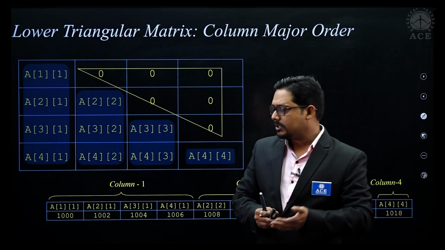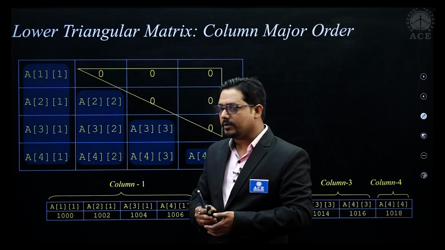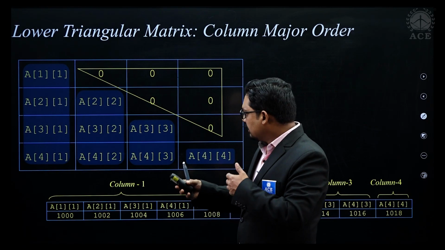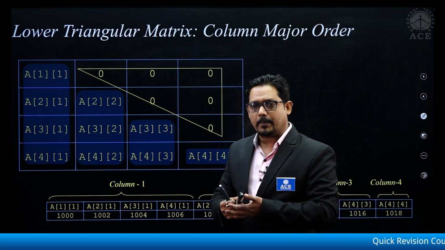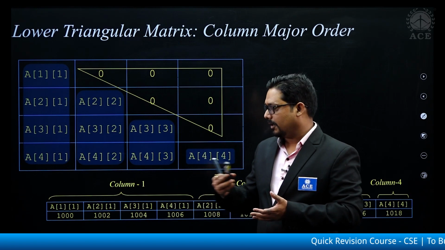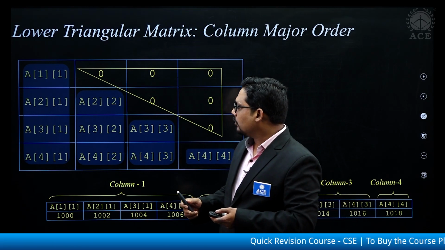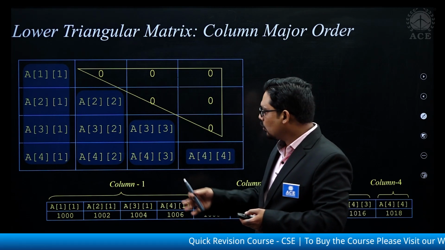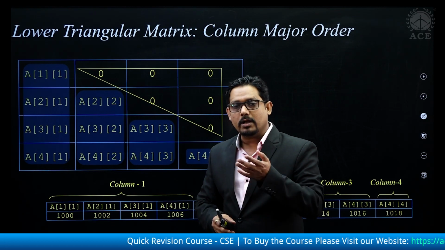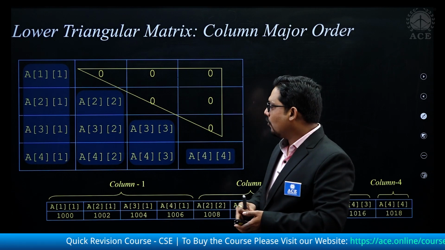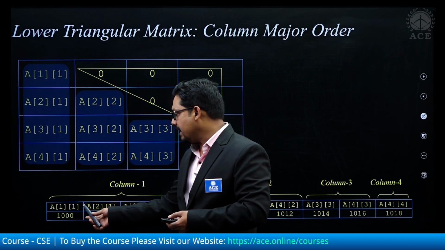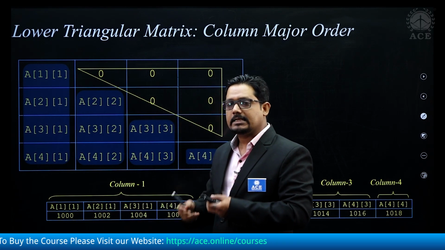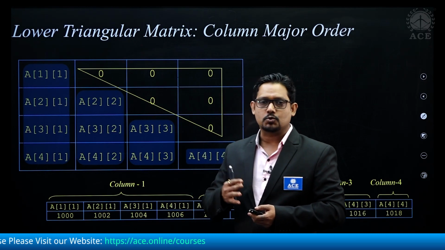Now from a programmer's perspective, when you give the address, it must fetch the value, and address calculation is one of the parts that we have done in arrays. So here also we are going to target how, if the elements are stored in column major order, we can figure out the address for Aij. We'll assume here the base address as 1000 and the size of each element as 2 bytes.